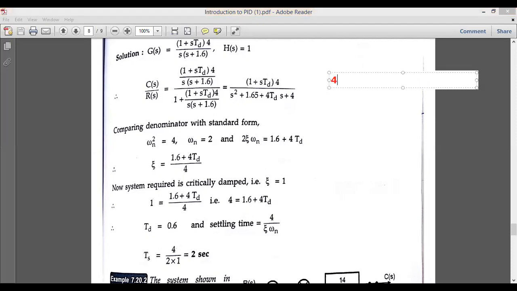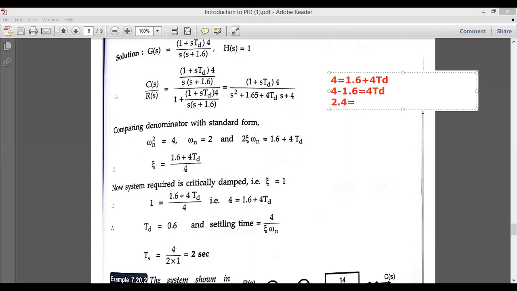So 4 minus 1.6 is equal to 4 TD. So 4 minus 1.6 is how much? It is 2.4, right? So 2.4